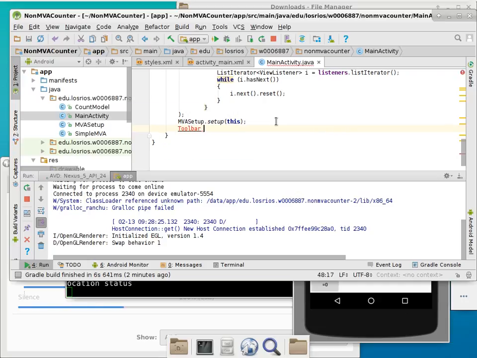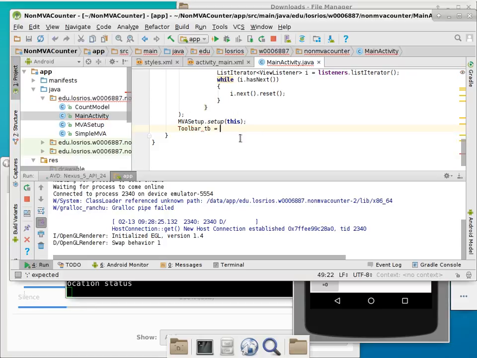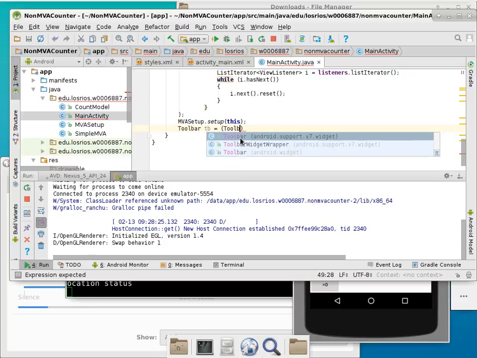So we have toolbar, and we'll use Alt-Enter, and you can see that there are two toolbars. We need the first one, which is the support.v7.widget and not android.widget, because we are now trying to use the backward compatibility mode in order to make sure that this app does work in older versions of Android. So the first one is what we need, and then we say tb, which is toolbar, is toolbar, and then